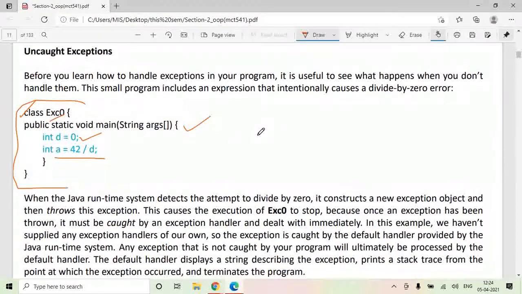When the Java runtime system detects that you are trying to perform an operation that is divide by 0, what it does is construct an exception object. The first step is the creation of an exception object. The second step is that it throws that exception.